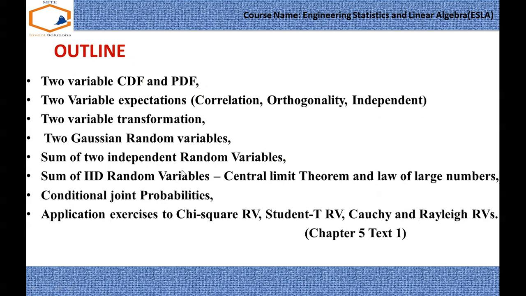So let us have a look at the outline. After completing the course, you will be able to understand the following: 2 variable CDF and PDF, 2 variable expectation, that is correlation, orthogonality and independence between the 2 variables, 2 variable transformation, 2 Gaussian random variables, sum of 2 independent random variables, and some case studies based on the central limit theorem, law of large numbers, conditional joint probabilities, and application exercises on the given random variable distributions: chi-square, student T, Cauchy and Rayleigh random variables.